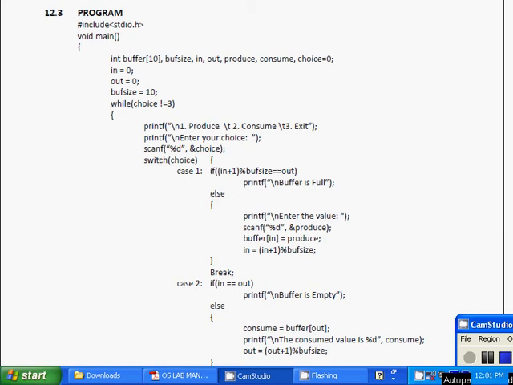As the consumer is removing an item from the buffer, the value of full is reduced by 1 and the value of the mutex is also reduced so that the producer cannot access the buffer at this moment. Now, the consumer has consumed the item, thus increasing the value of empty by 1. The value of the mutex is also increased so that the producer can access the buffer now.